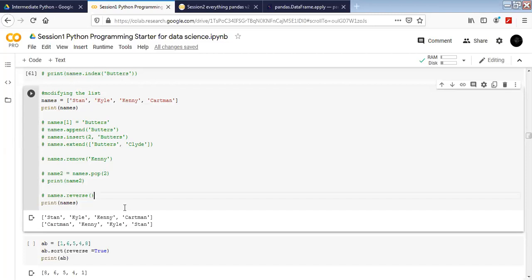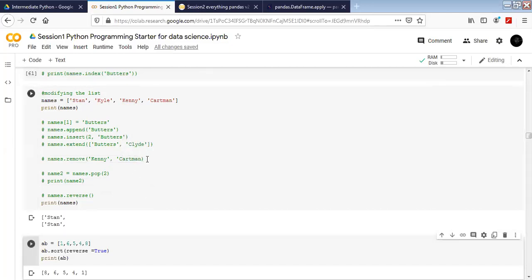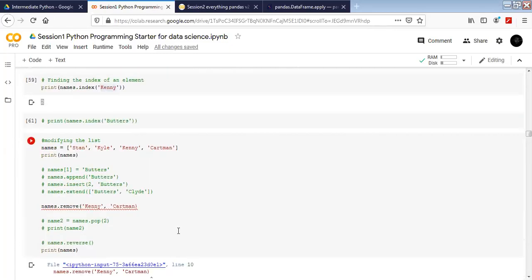Sir, whenever I want to remove multiple things, like Kyle and others, what should I do? Inside the pop, you can remove these elements from here. So remove Kenny, and you want to remove Cartman also, right?